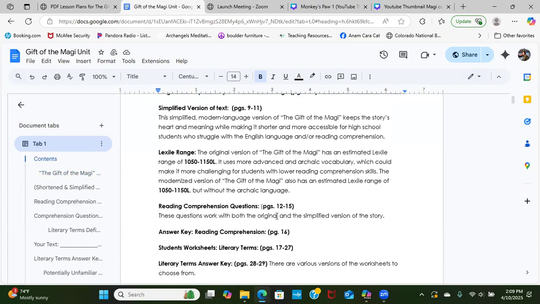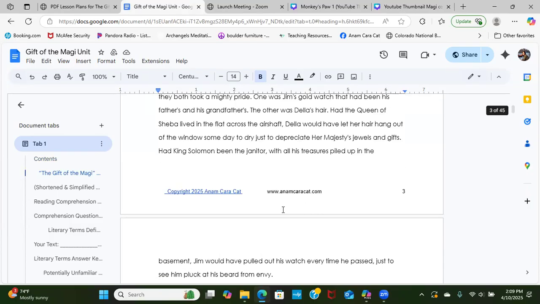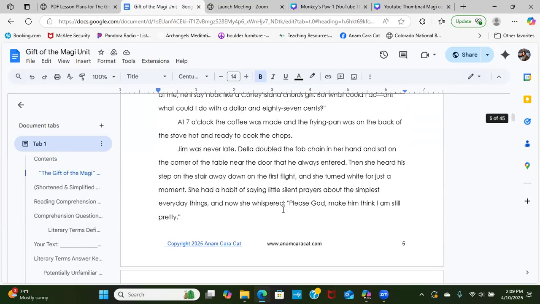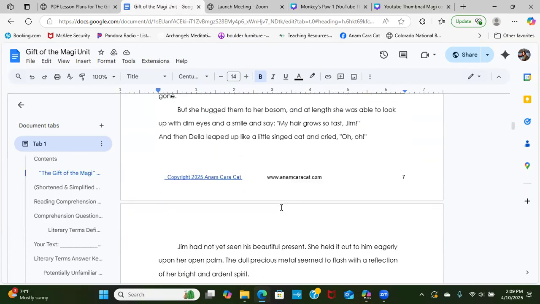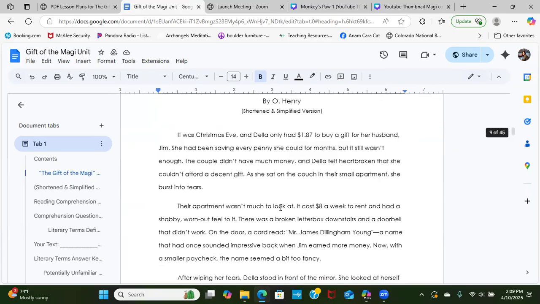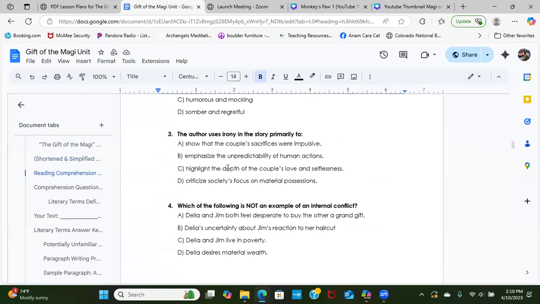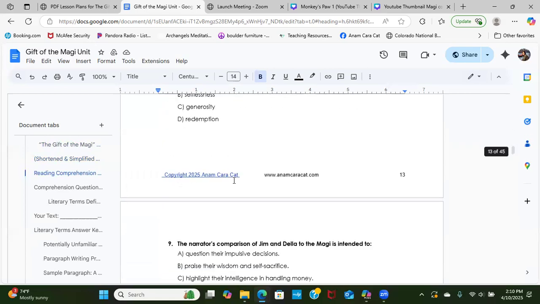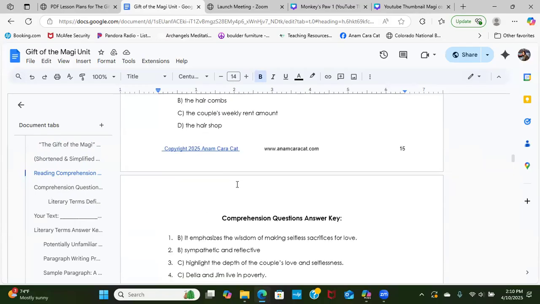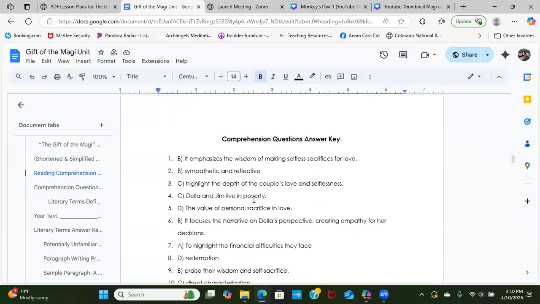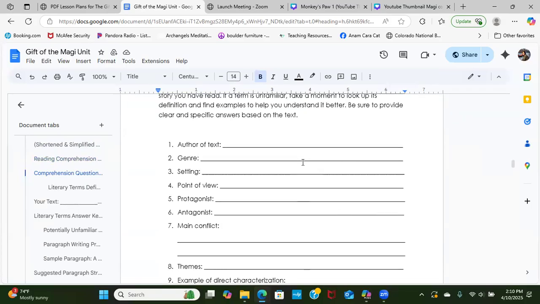And then I have reading comprehension questions here, which I'll show you. I believe there's 14, and the reading comprehension questions can be used with either version of the text, the abridged version or the original version. So let's just pop through here. No, I'm sorry, you have 18 reading comprehension questions, followed by the answer key,